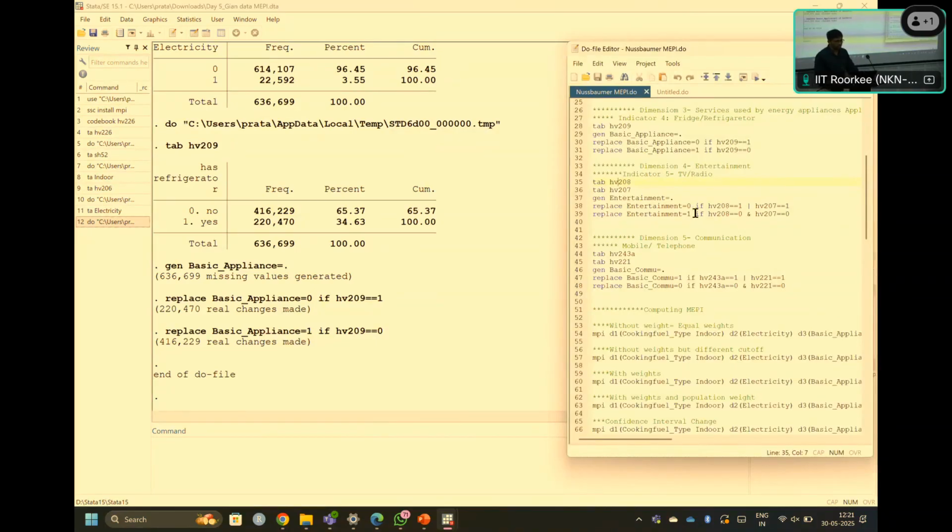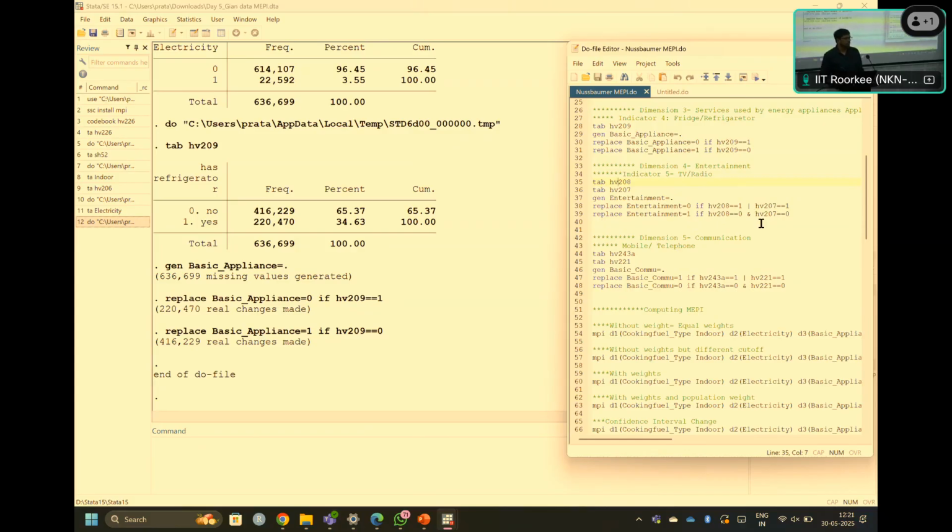So we have used 0 if either 208 or 207 is a response, whereas the household will be entered with 1 for entertainment through TV or radio if neither 207 is radio nor 208 is television.